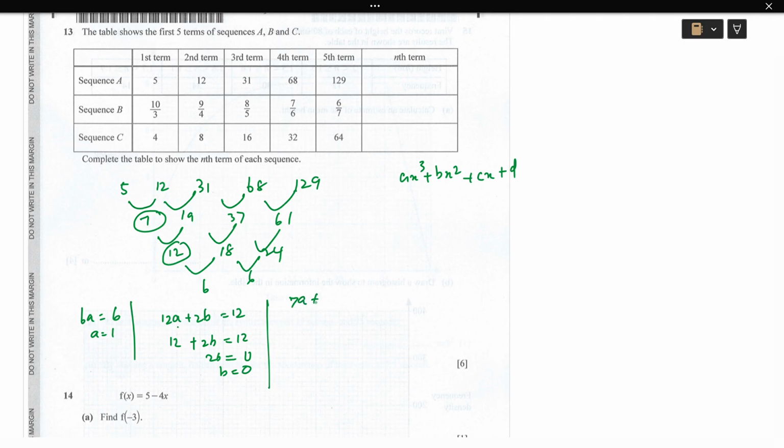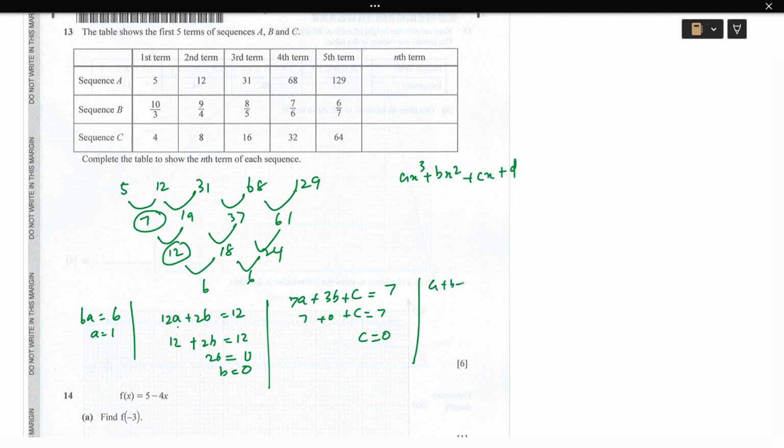7a plus 3b plus c equal to 7. So we'll put the a and b values, so it becomes 7 plus 0 plus c equal to 7. So c equal to 0. Then the first number